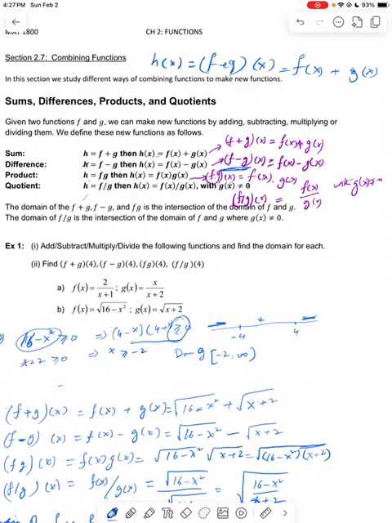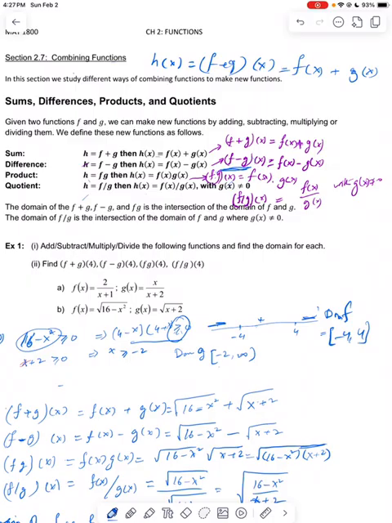Greater than or equal to 0, positive or 0. We say it will be positive when x is between -4 and 4, and it will be equal to 0 when x is equal to -4 or equal to 4. Therefore, the domain of f, dom f, will be -4 to 4,